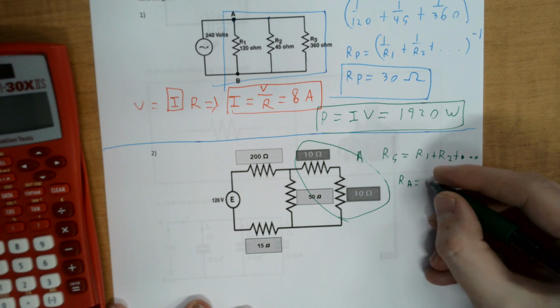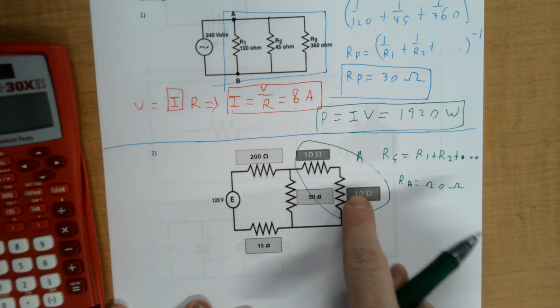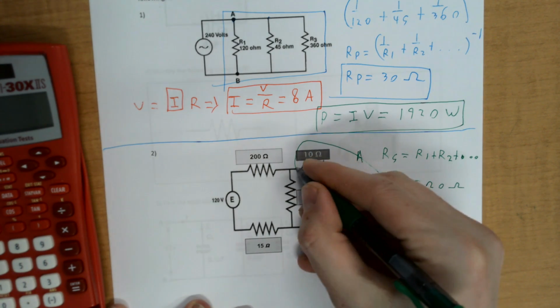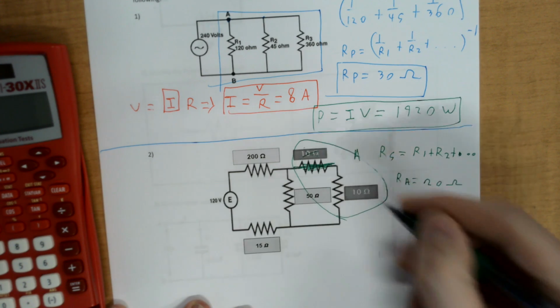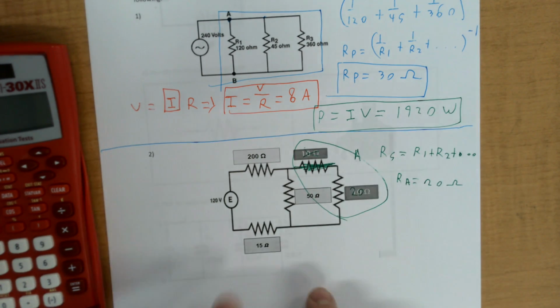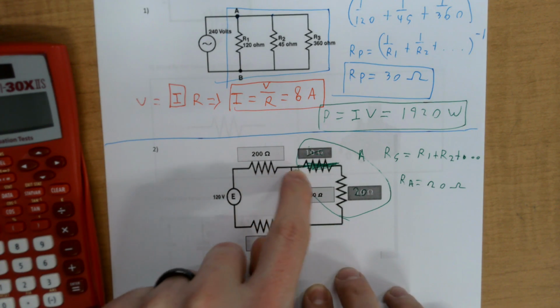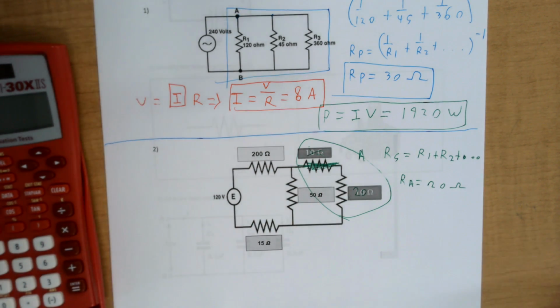So you're going to add those two. You're going to get 10 plus 10, which is 20 ohms. So basically, these two resistors have merged. And instead of being two resistors, this is a line, this doesn't exist, and this is at 10, this is now 20. Now the circuit is just resistor, nothing, resistor, resistor here still, and resistor. So next step,